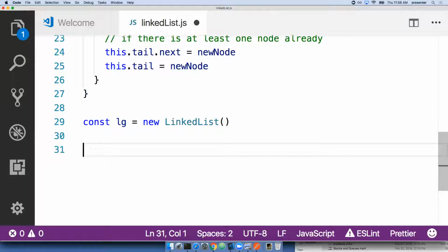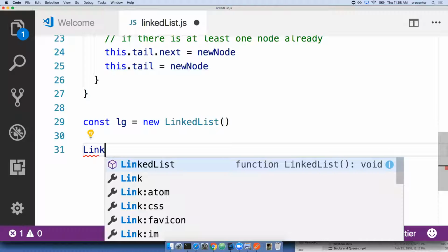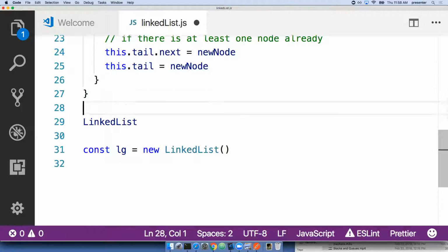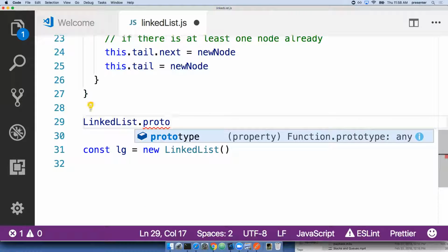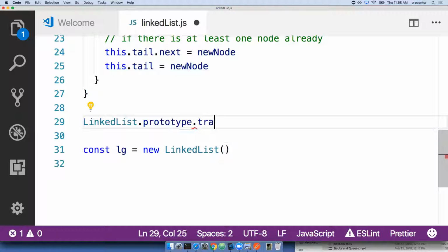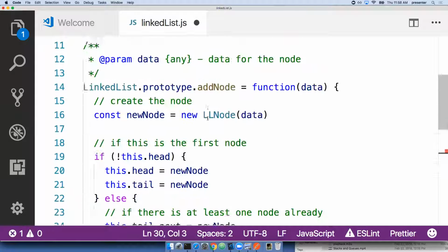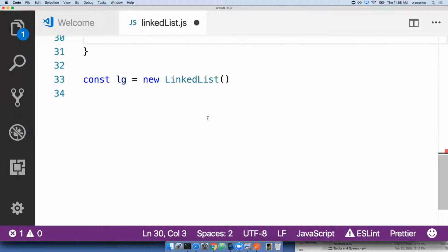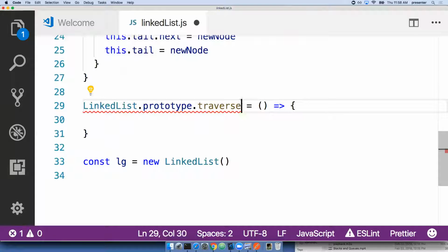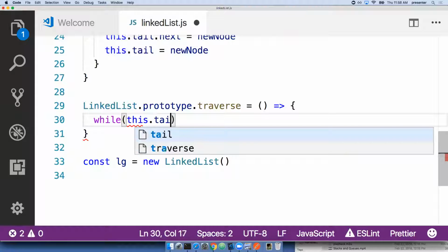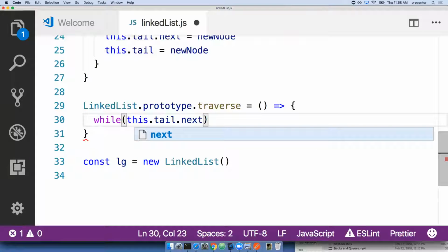So we can make it a prototype, sure. So we can say LinkedList.prototype.traverse. Okay. Why? Why do you hate me? Don't need to invoke. Thank you. Okay, equals. Okay, so what are we going to do? Can you do like while this.tail.next is not equal